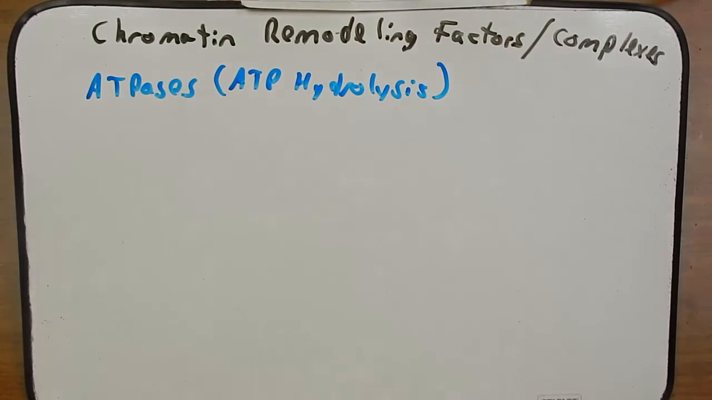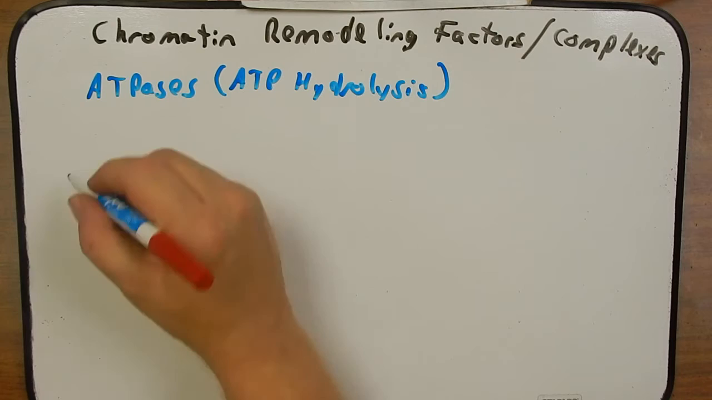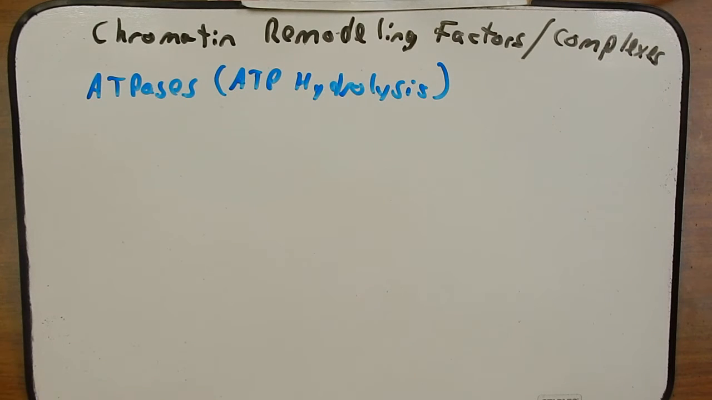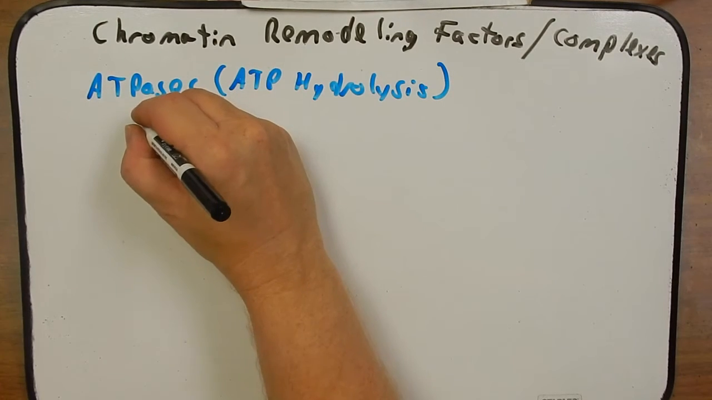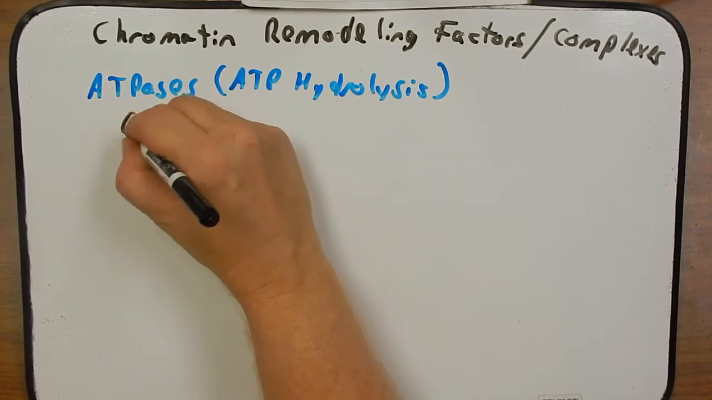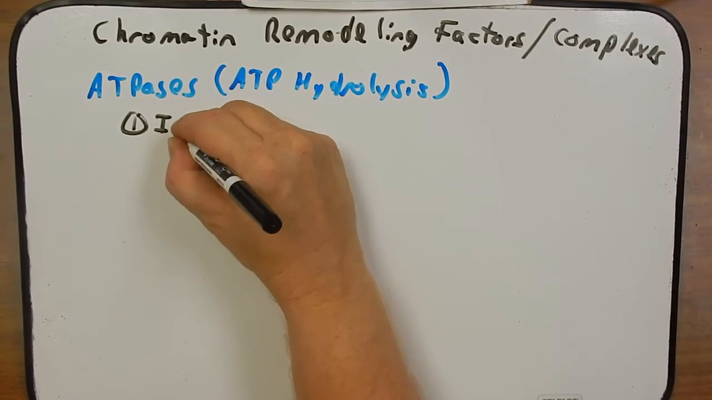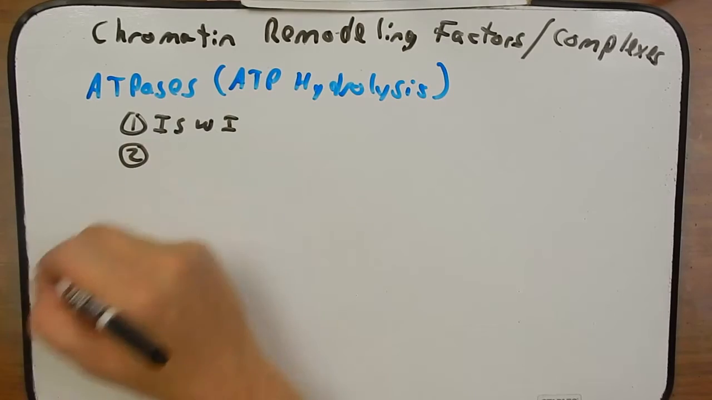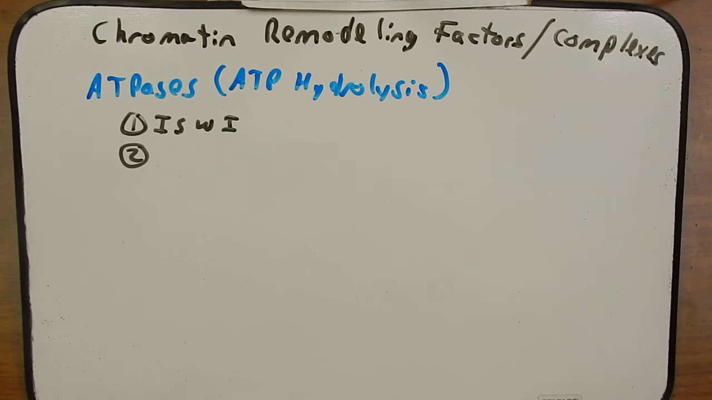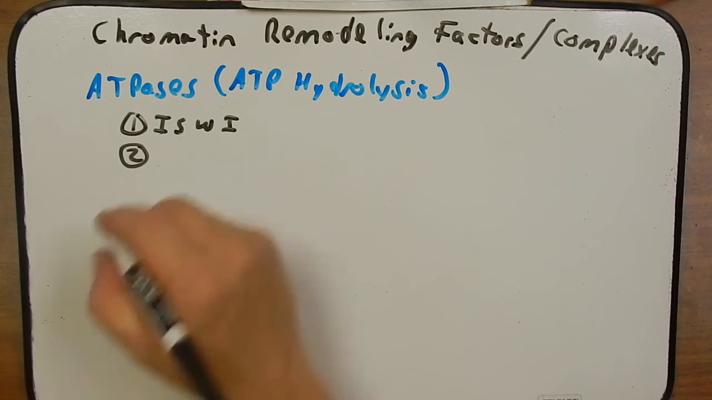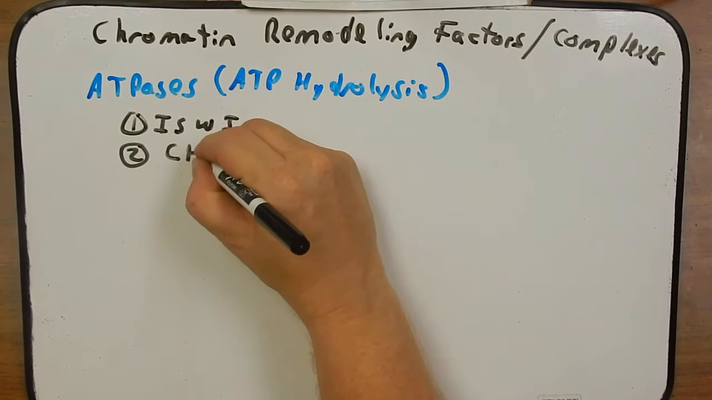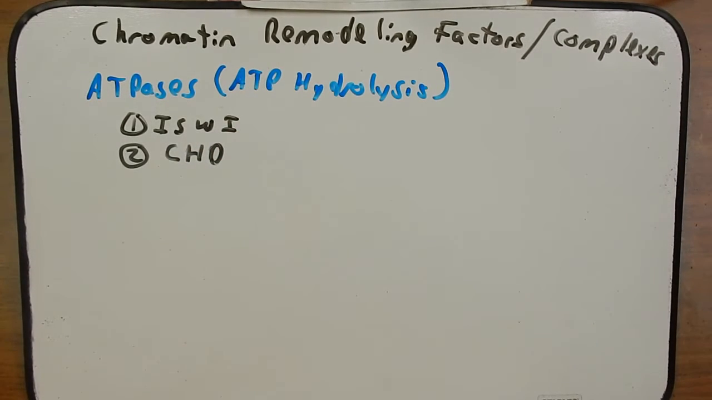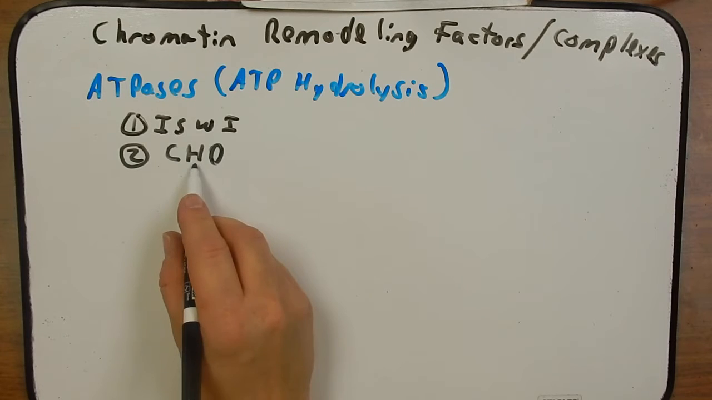So they're going to provide energy to that complex to do the specific job of remodeling the chromatin. There are many members in this family. I'm going to list 3 of them. The first is the imitation switch ATPases, which are abbreviated as ISWI. The second one is the chromodomain and helicase-like domain ATPases, and this is abbreviated as CHD